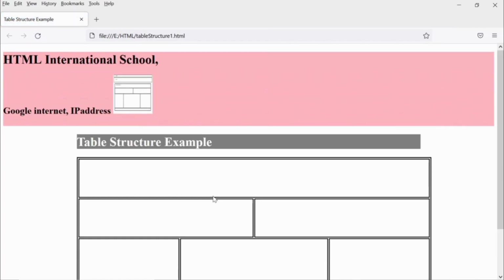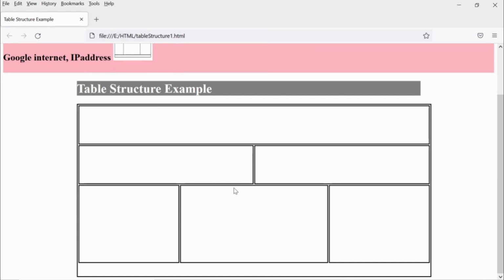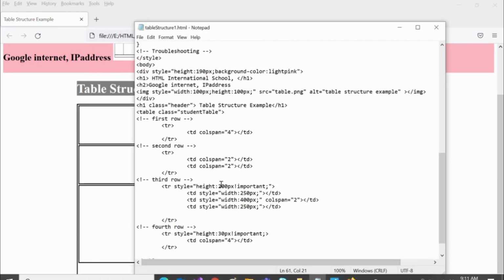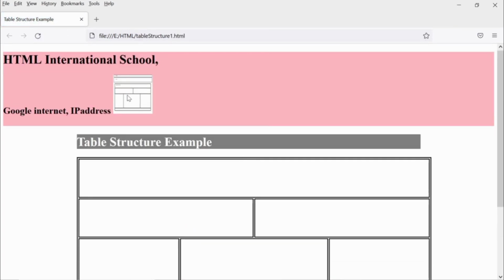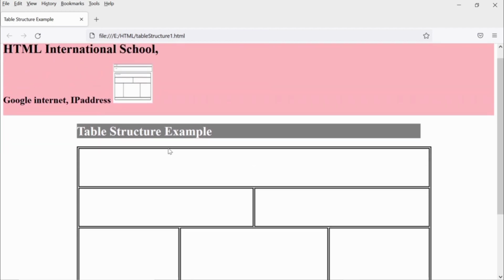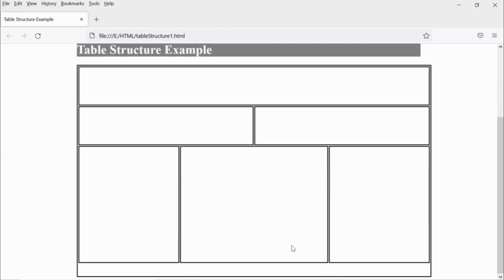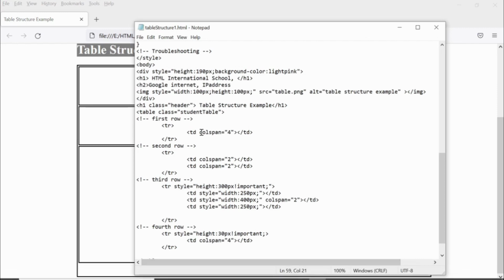Now this design looks as per the table. You can increase the height a little bit more. Perfection comes after changing again and again.